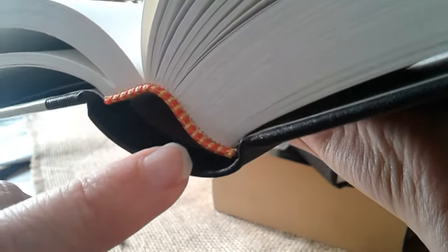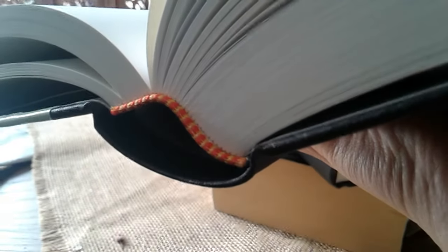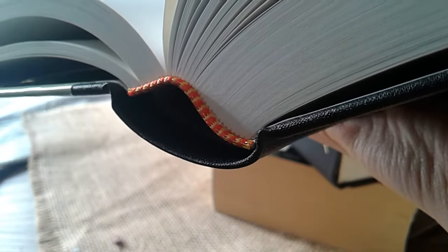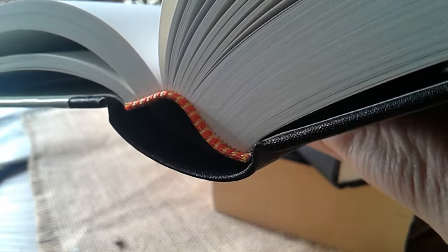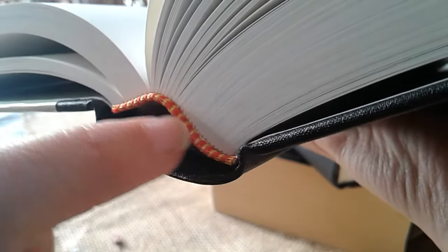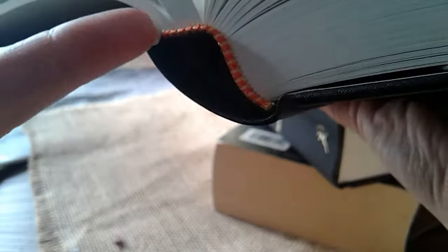But you can see here there's some gluing here as well. So knowing Folio Society's quality, unless there's some changes that I'm not aware of, that glue isn't structural. So there is glue there, but it's not structural. It doesn't hold the book together. The glue there, usually in these cases where the binding is completely sewn, is to attach